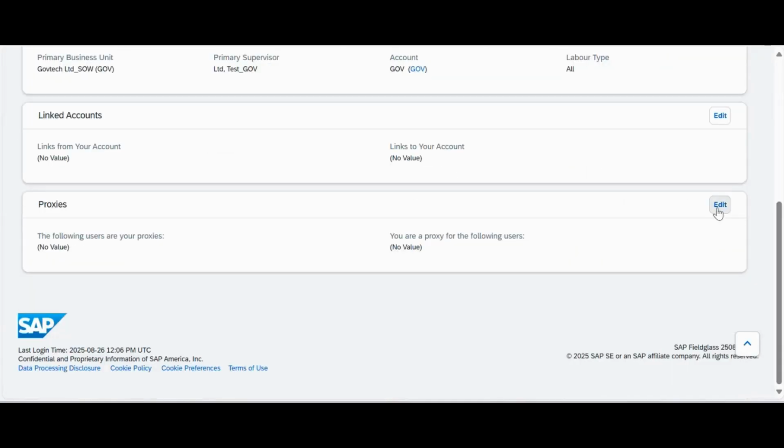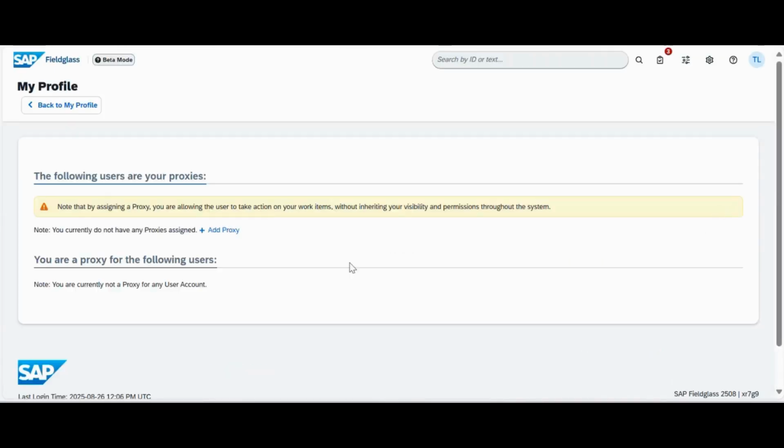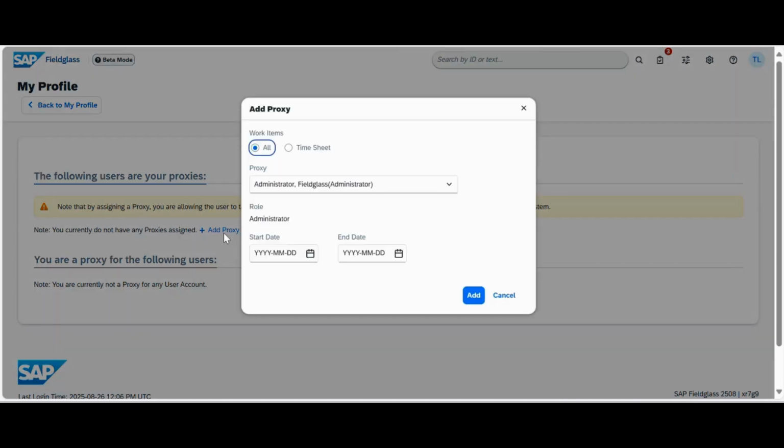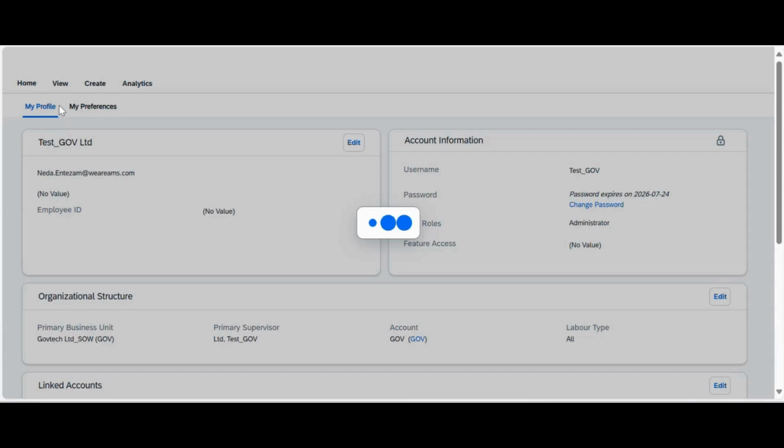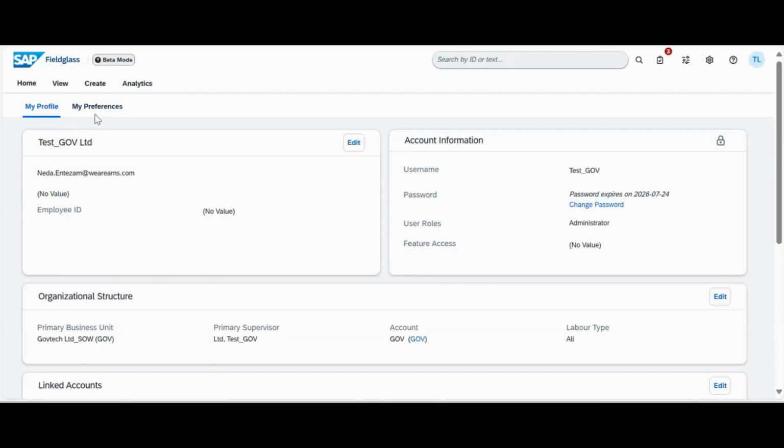Here in proxies, if I click edit, I can then add a proxy. The user that you would have created would now be listed here, and you can just select them, and you can select a start date and an end date for their account to be attached to this supplier account. If I just take us back to my profile now, and if I go over here to my preferences,